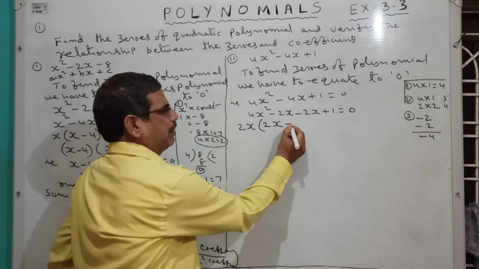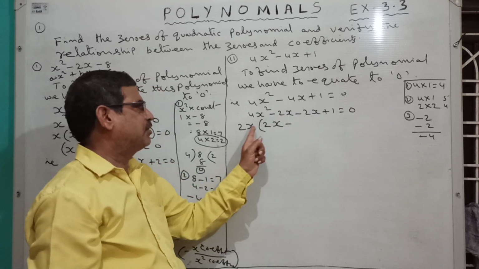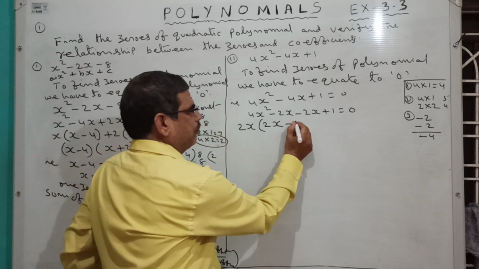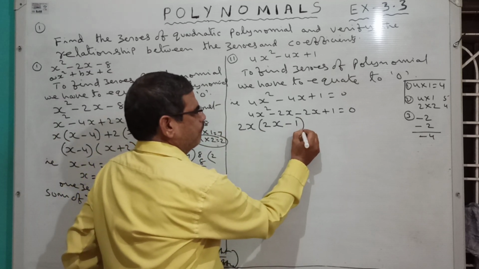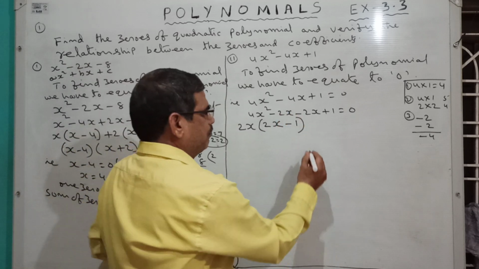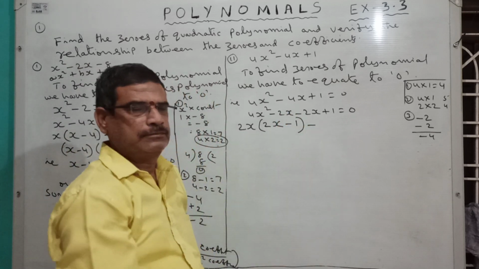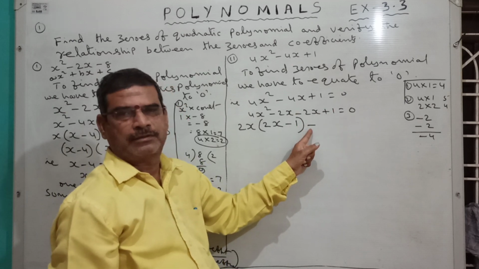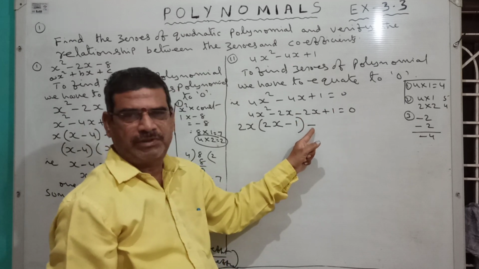Here is the minus symbol. 2 came outside, x also came outside. Nothing is there inside, nothing means put 1. Put 1. Here the minus symbol is there, so put a minus symbol. Here 2, here 1. Put this symbol here. What symbol is there? We have to write that symbol here.